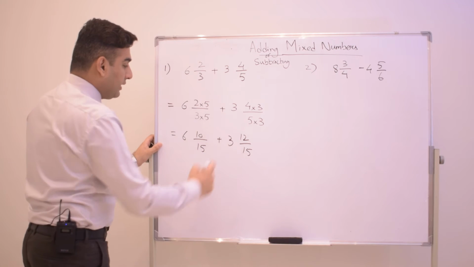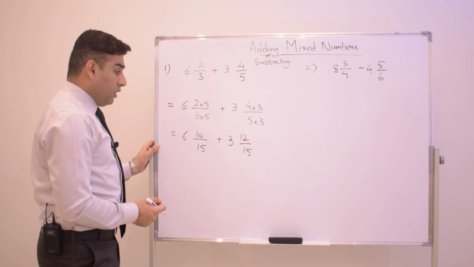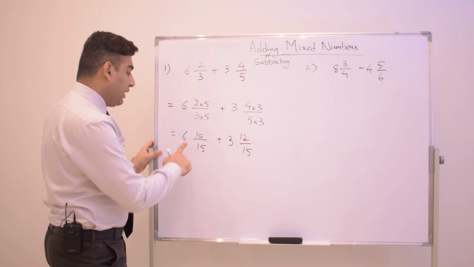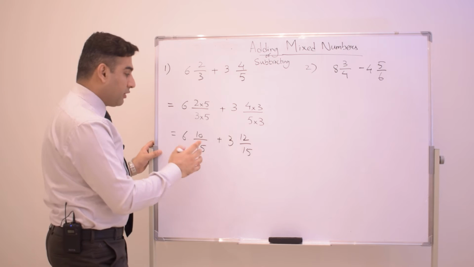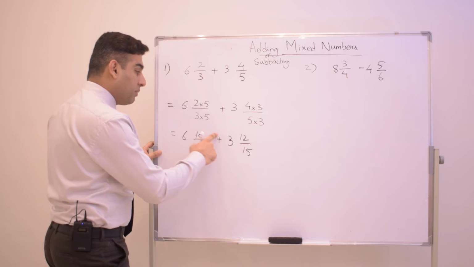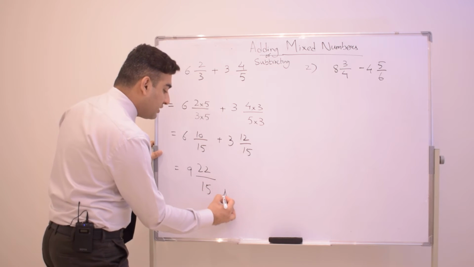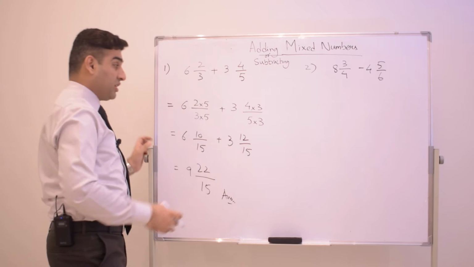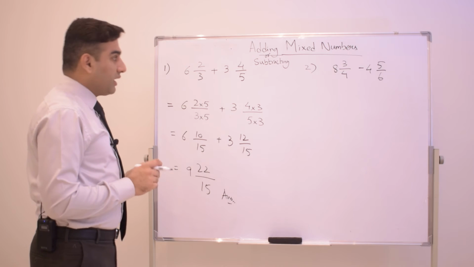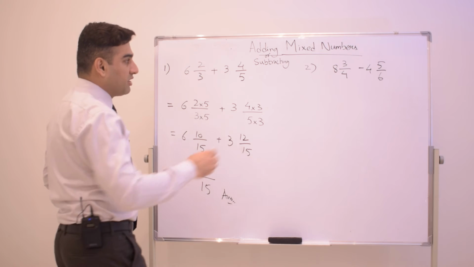Now guys, you can see that the denominators are the same. Now you proceed with your addition simply by adding the same place values. 6 plus 3 comes 9, 10 plus 12 comes 22, and 15 as it is. So guys, this is the answer for this question. This is a very simple method, but you have to use a little trick in the subtraction case, because there you will see something different.